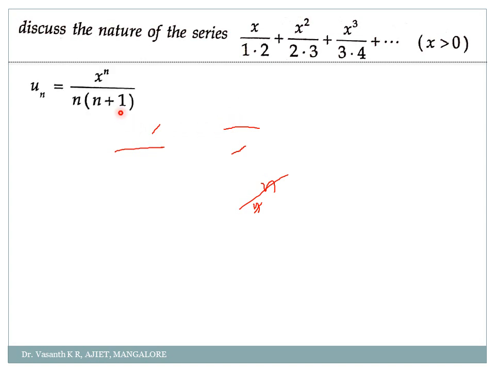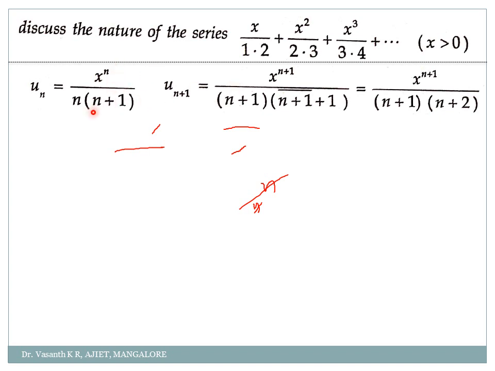See here, yes. Numerator is x power n. Denominator, see first check for this 1, 2, 3, 4, 5, and so on. So it is simply n. And next term if you check here, 2, after that it is 3, after that it is 4, after that it will be 5. So it is starting from 2, so it will be n plus 1. Clear? Okay. Now what will be un plus 1? Wherever n is there, you just replace it by n plus 1.